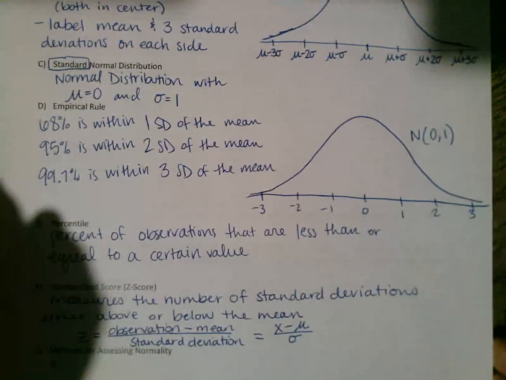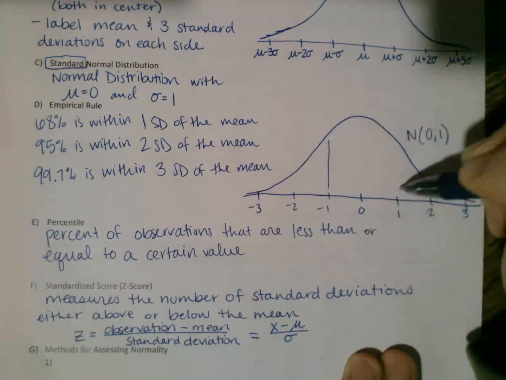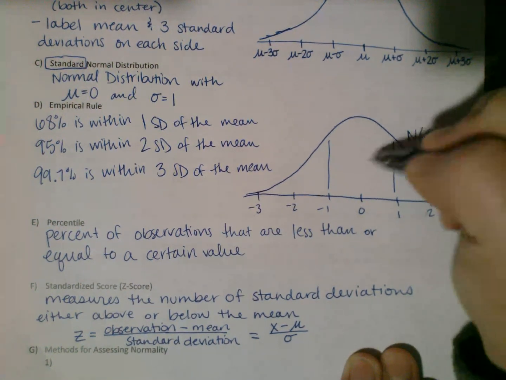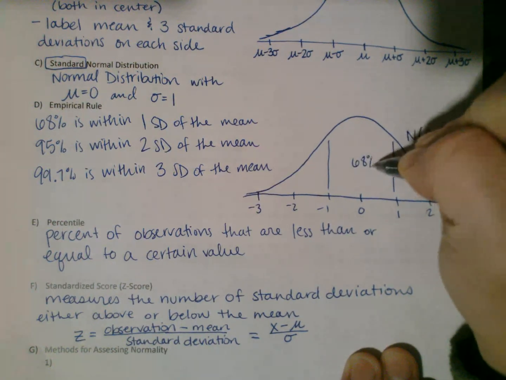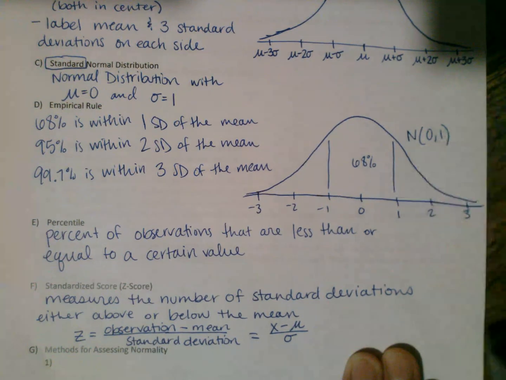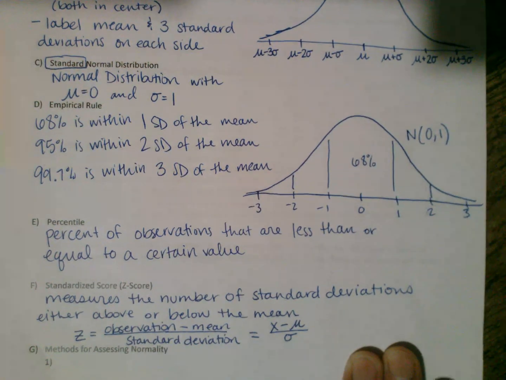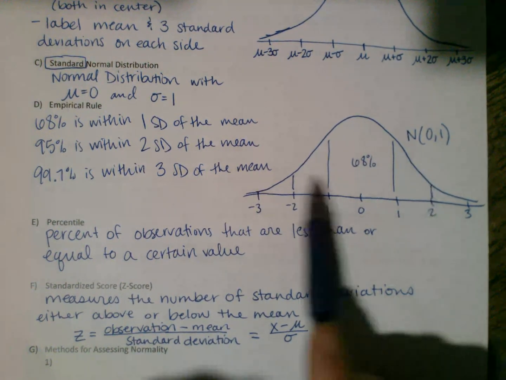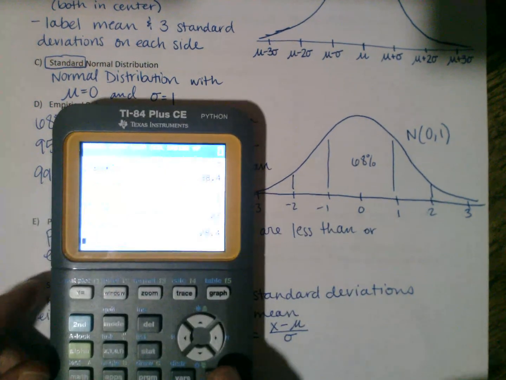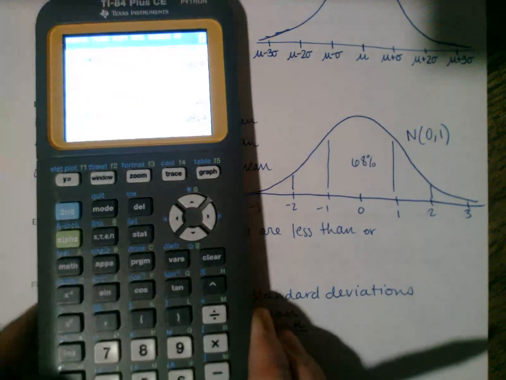Okay, so with that, I know that between one standard deviation above and below the mean, that's going to include 68% of my data. Or in other words, each of these is 34%. Okay? When I go out to 2 standard deviations, I now have a total percentage of 95%. And since I've already accounted for 68%,